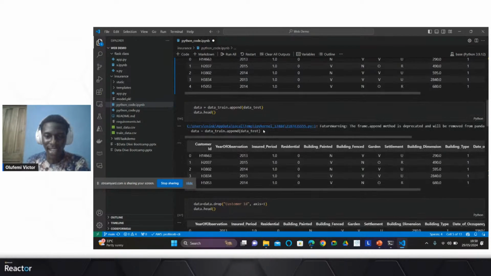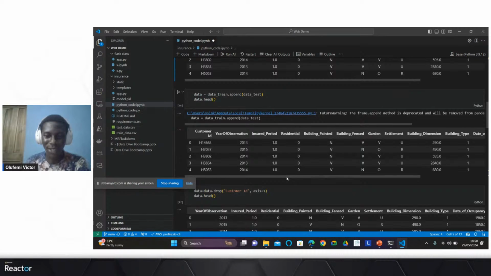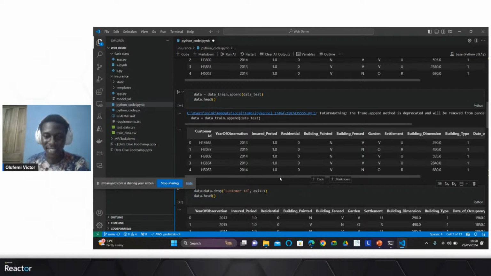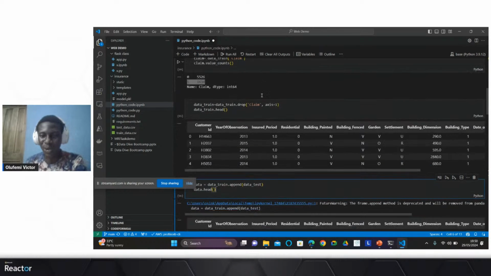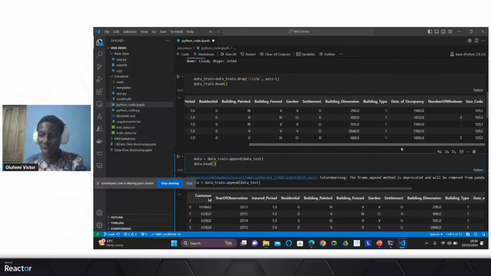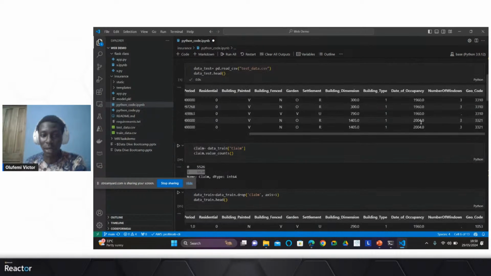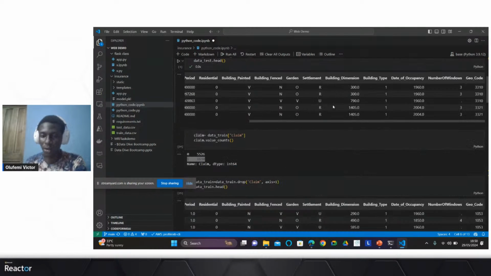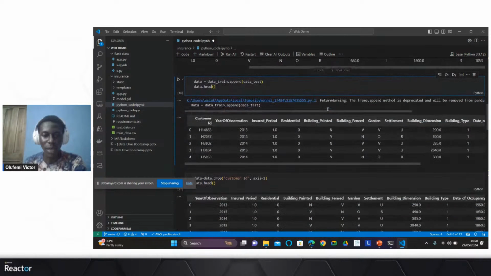All right, and this is just my own personal thing. Because I come from a very competitive data science background, I like to clean my data set at once. So that's why I like to concatenate them. I add the train and the test together. Of course, the test has no claim, which is one of the reasons I had to remove it from the data set so that we can use it. So if you look at the end, this is geocode, but the train has claim, but the test does not, which of course would be the case in real life scenarios, right.